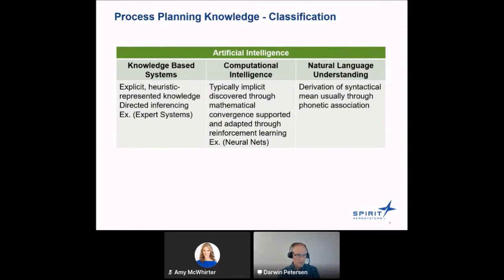The foundation of the AROS toolset is really explicit knowledge, and it provides tools to facilitate the growth of this knowledge as well as its effective use. In this project, we're dealing exclusively with explicit knowledge. However, we at Spirit, myself and others, have been involved in a number of other projects over the years dealing with both of them, but that's a different conversation. So anyway, as a level set, that's the kind of knowledge we're talking about.